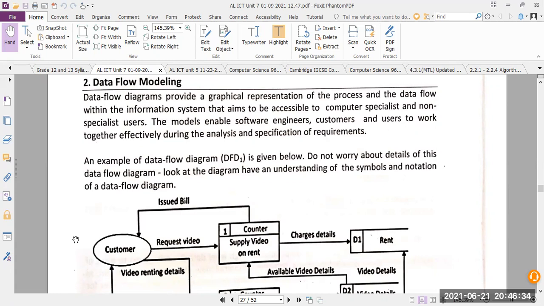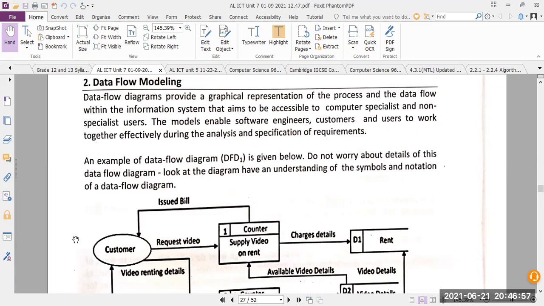The models enable software engineers, customers, and users to work together effectively during an analysis and specification of requirements.